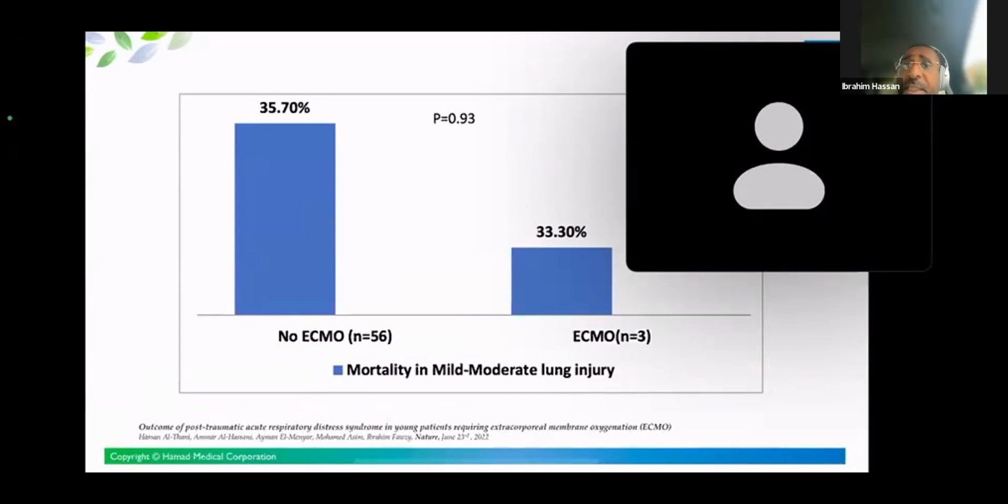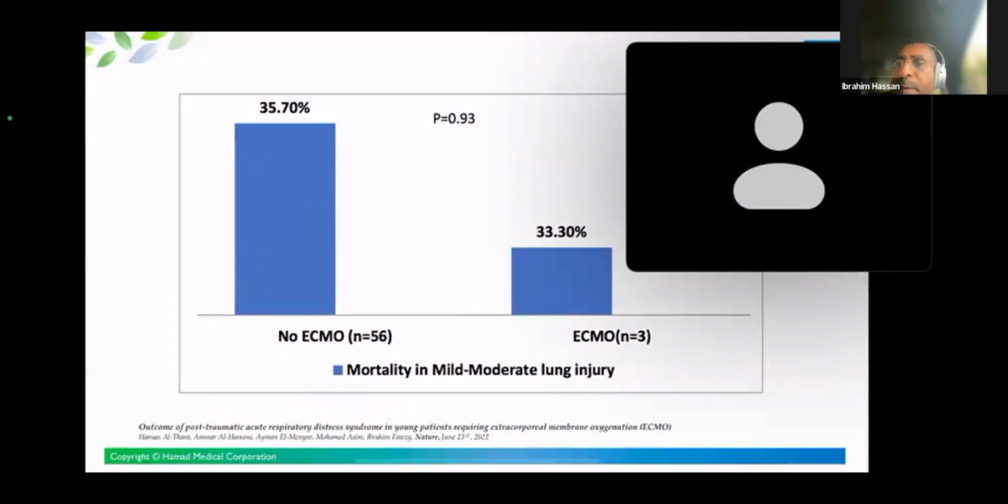That's 56 patients with a mortality of 35 versus ECMO only 3, who had acute lung injury, and 1 had a tracheal tear, bronchial laceration, and bronchopleural fistula, and 1 had ECMO and did not survive, but